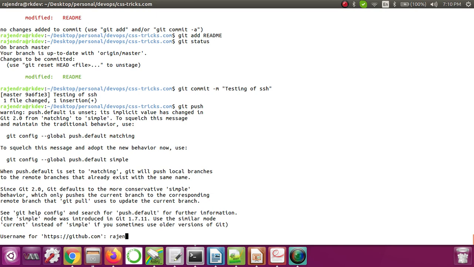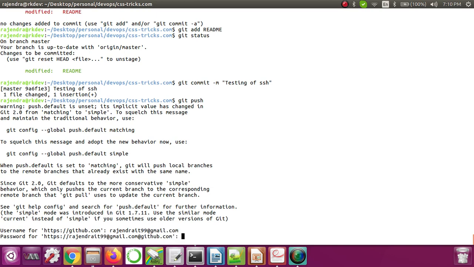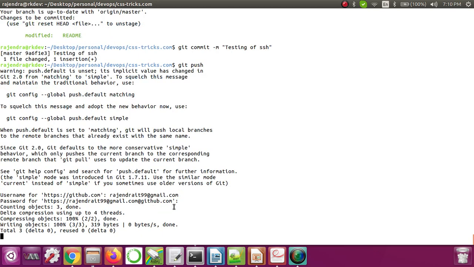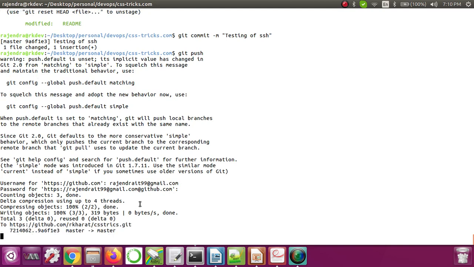Okay, the change is added, and now let's try git push. Pushing is done. It is asking for user credentials, since this is the first time. Otherwise it will not ask, because we already provided the SSH key.